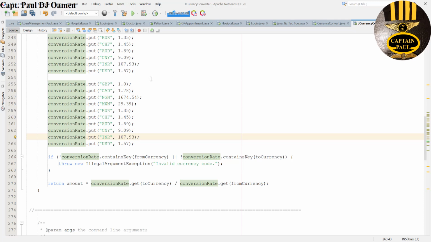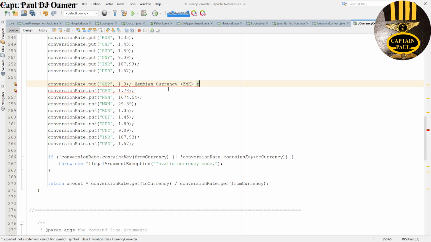Okay, which means if I add Zambia, I think this is what it sent me. So I just copied that. So Zambia is ZMK, so I'm going to change that to ZMK. And some people call it ZMK. Okay, then. So you see this Zambia currency? I'm going to paste that inside my